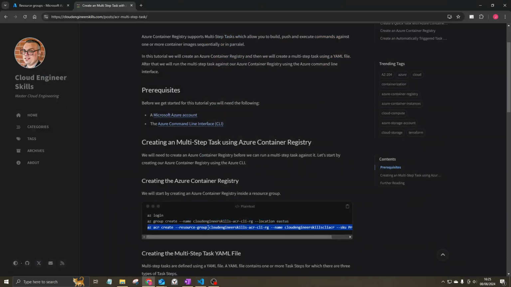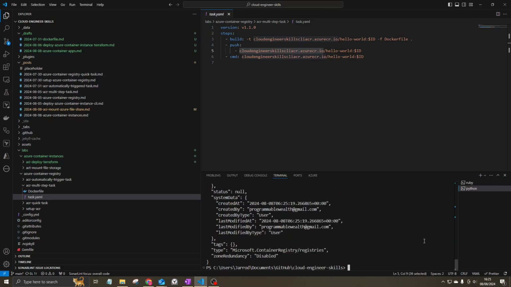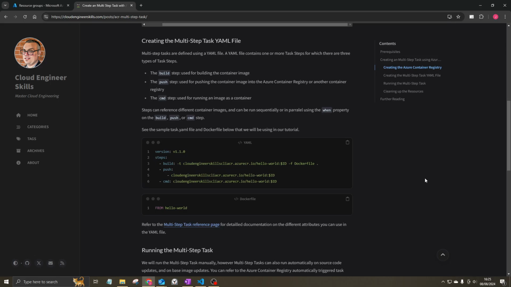After that, we'll create the Azure Container Registry using an az acr create command, specifying the resource group and the name of your Azure Container Registry. I'll also be using the premium SKU. Okay, so that's completed. To have a multi-step task, you'll need a YAML file, and the YAML file contains